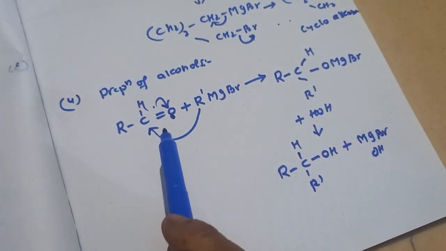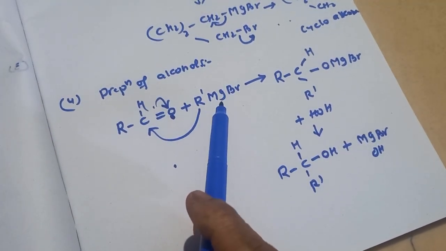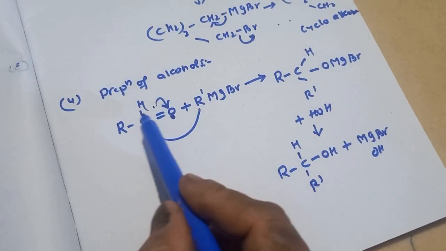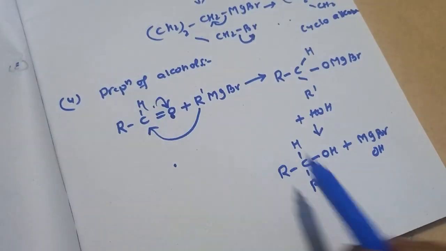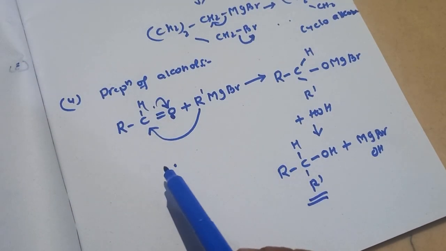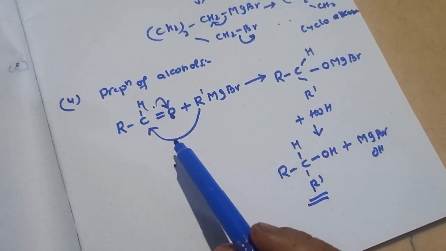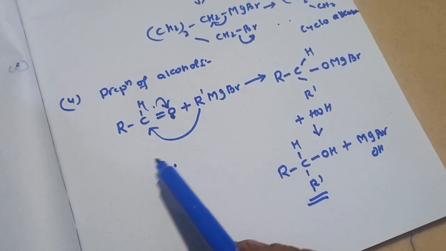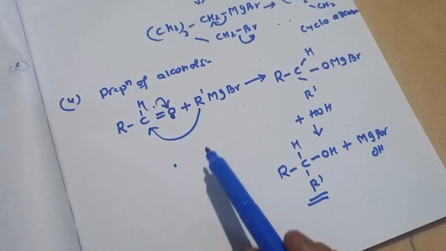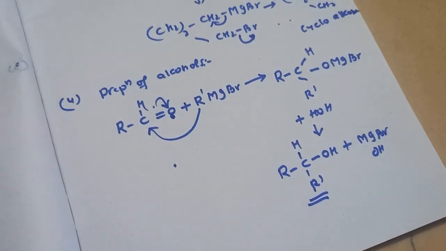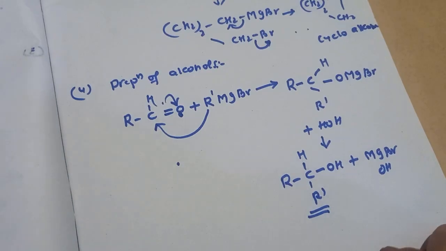Always, whenever a ketone or any aldehyde is reacted with a Grignard reagent, the carbon number is increased and we will always get alcohols. If it is formaldehyde, then we will get primary alcohol. If we use aldehyde, then we will get secondary alcohol. If we take the ketone, then the product is the tertiary alcohol, which I have already discussed in my shorts.